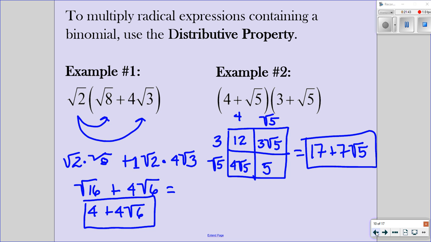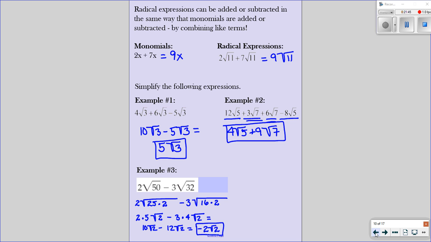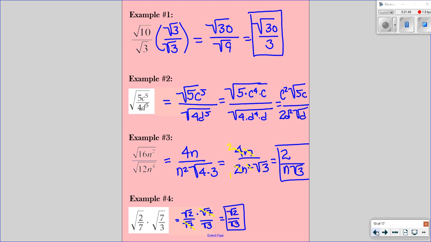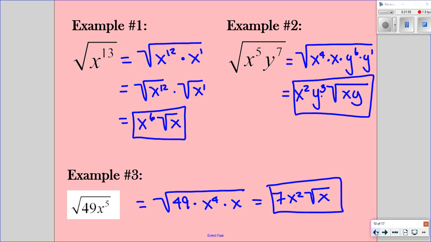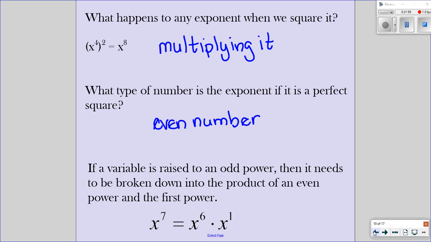Okay, so we've reached the end of the review of radicals. So let me go back as a recap. So we learned the different types of ways of operations when dealing with radicals. So for the first one, we dealt with